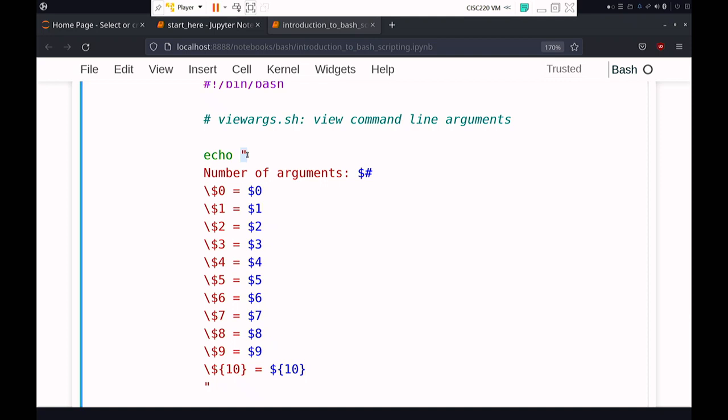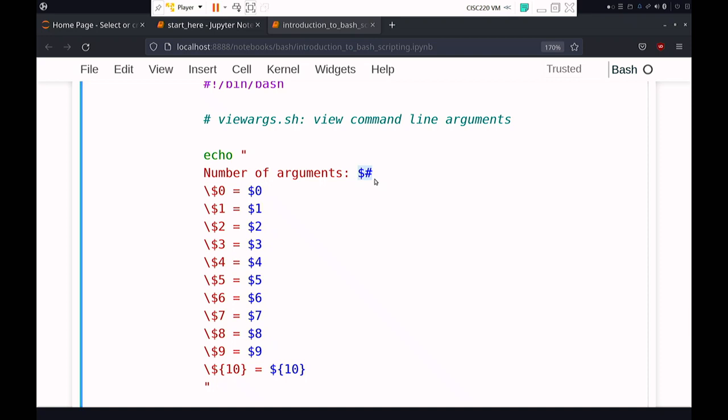quote. Now what does quoting do? Quote suppresses all white space breaking. In other words, if I write echo double quote and then I write a bunch of stuff, it's just going to print the bunch of stuff to the screen exactly the way you see it here. So inside the quoted argument, I've got this $hashtag,